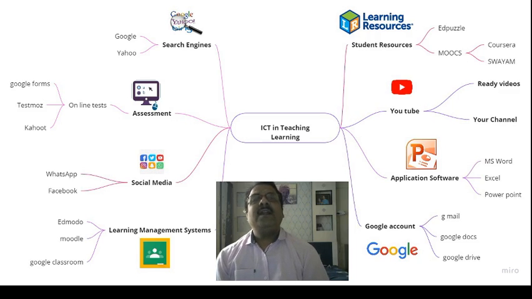But is that the only LMS available? No, there are some other LMSs also. Edmodo is a virtual class, right? Moodle also is a very good platform to have your own classes. So we can have learning management systems. Nowadays, most of the schools have developed their own learning management systems, and they're using them extensively when students cannot go to the class, right? So these are the different ways in which we are making our teaching learning more effective using technology.